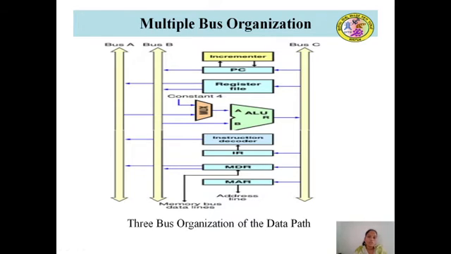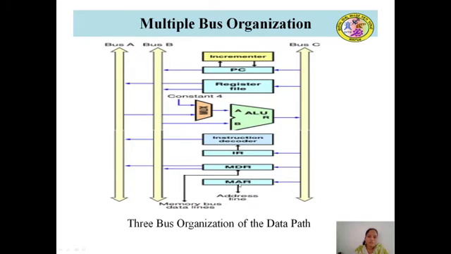Now, from where we need to access that instruction, that address has been stored in PC. First, the content of PC should be transferred to MAR. But here, the output of PC is connected through bus B, and MAR is connected from bus C. So now the content of PC needs to be transferred to MAR.